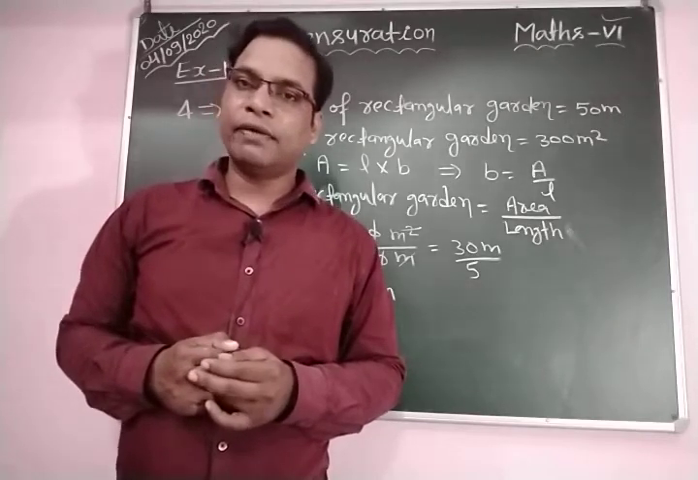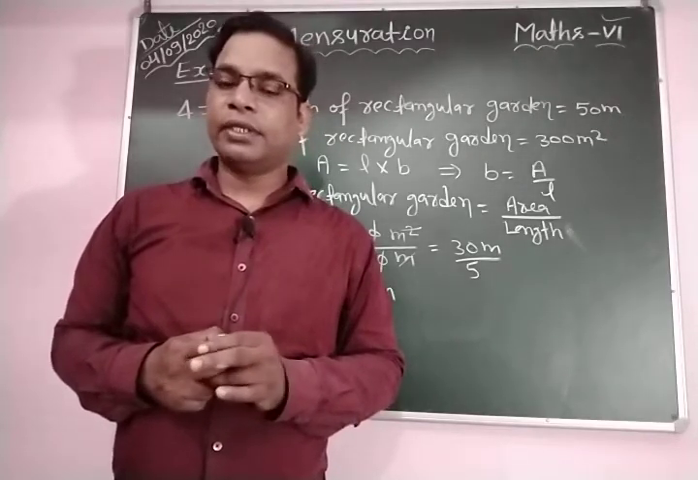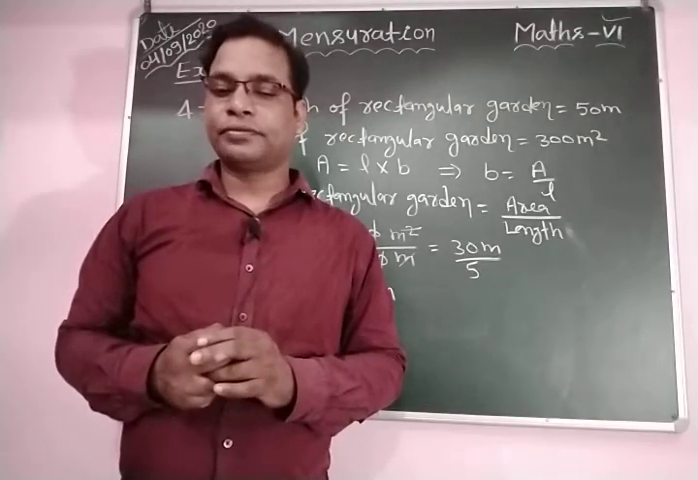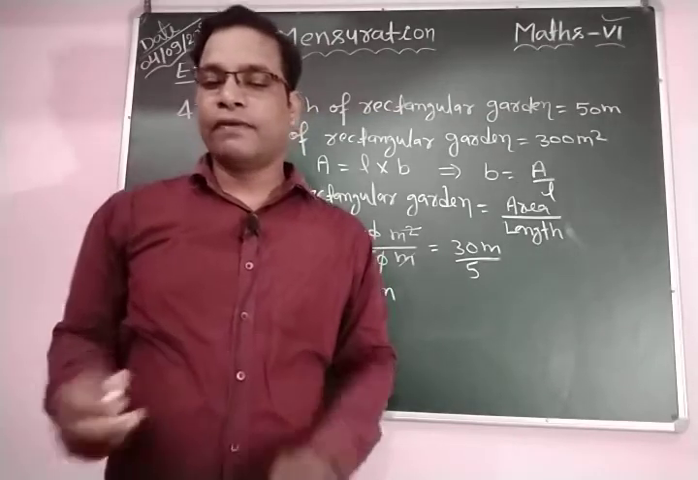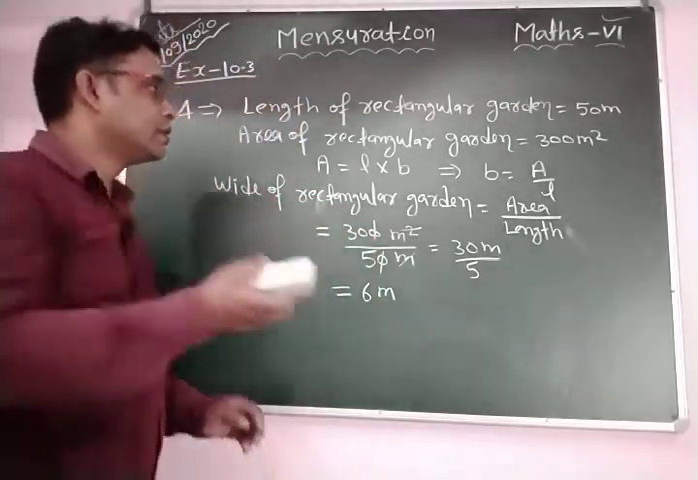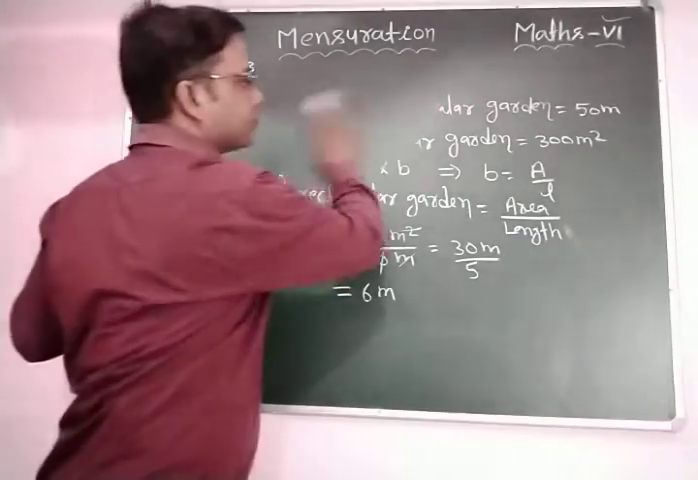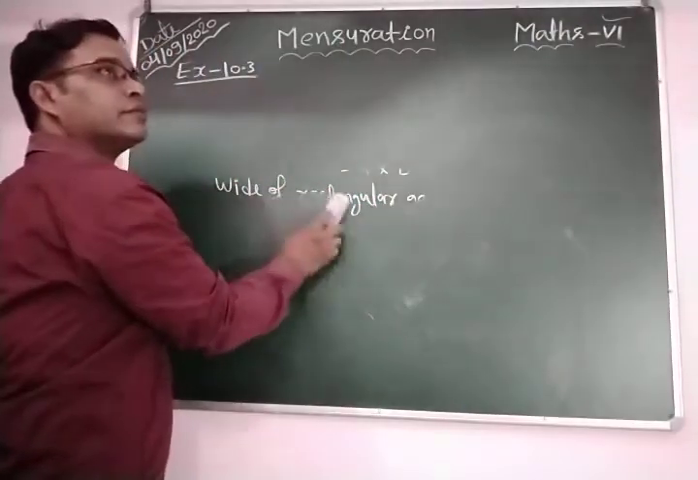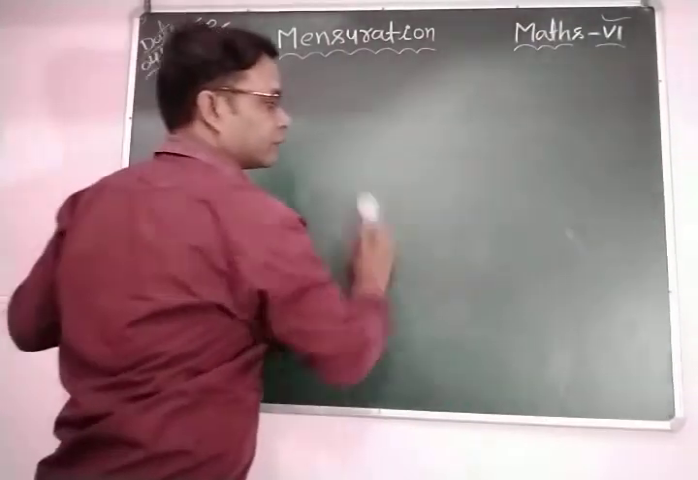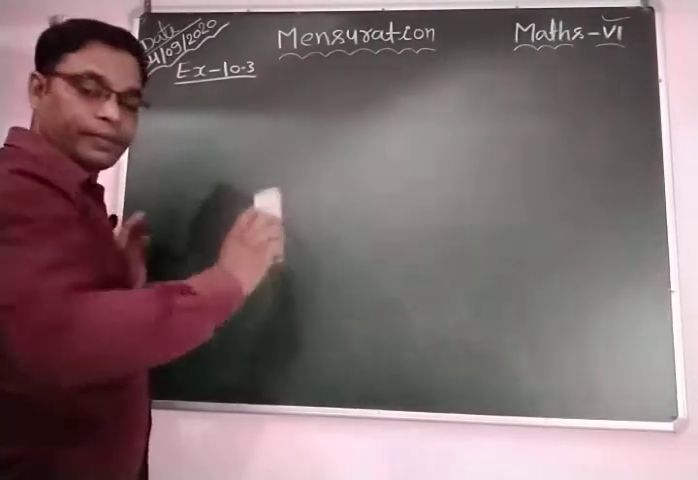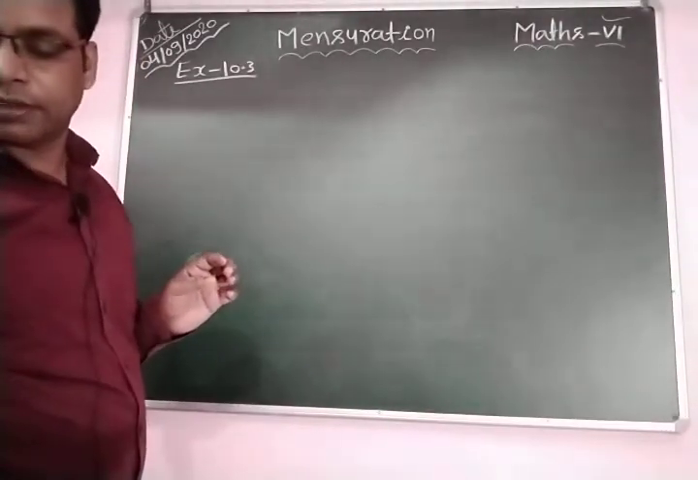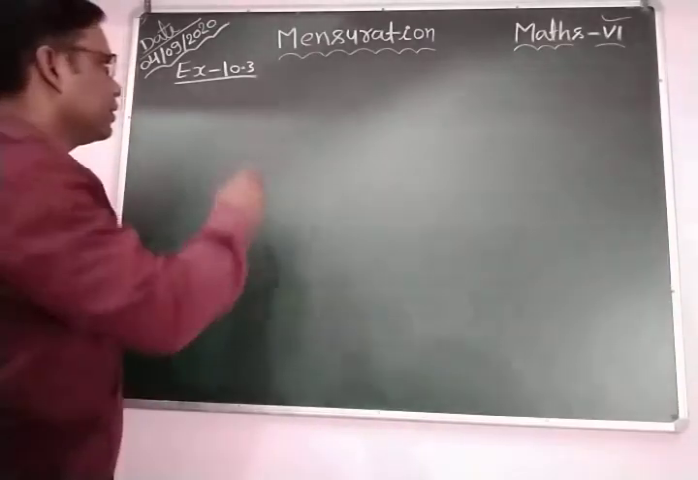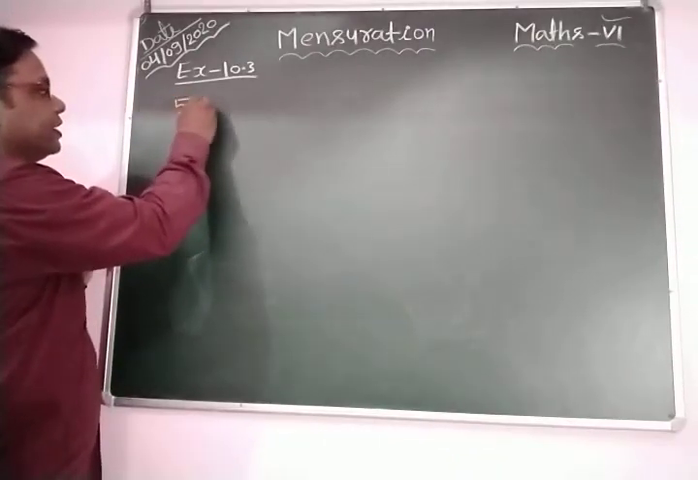So first we find the area of the rectangular plot. After this we find the cost of tiling. Okay, so let's see how to find it. Now in this question the length of the rectangular plot is given. So for question number 5 we can write here,